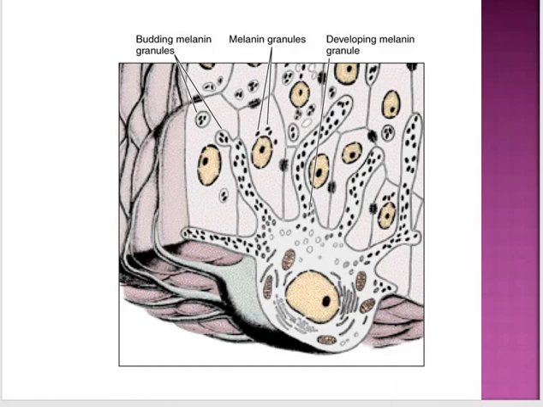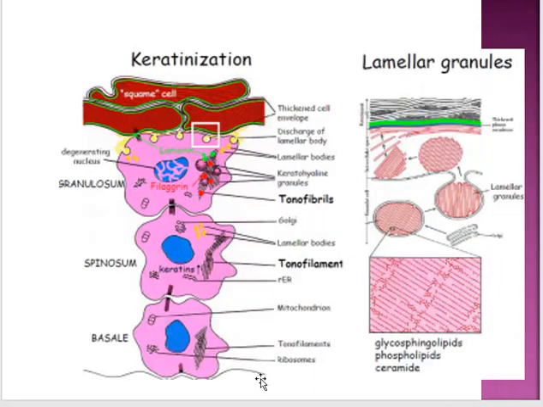Okay, now we will look at the processes which are taking place inside of the cells of the epidermis, inside of the keratinocyte cells. Here we are looking at the stratum basale. It is composed of a single layer of cuboidal to low columnar shaped cells. These cells undergo cell division, and the newly formed cells push the older cells lying above them towards the free surface. The stratum basale cells form hemidesmosomes with the underlying basement membrane, and desmosomes with